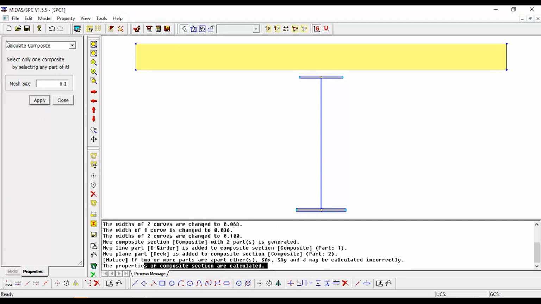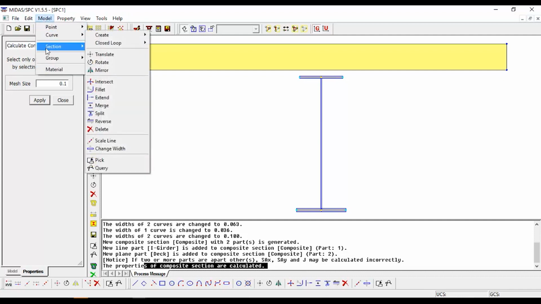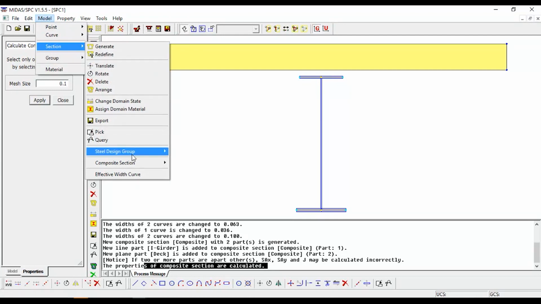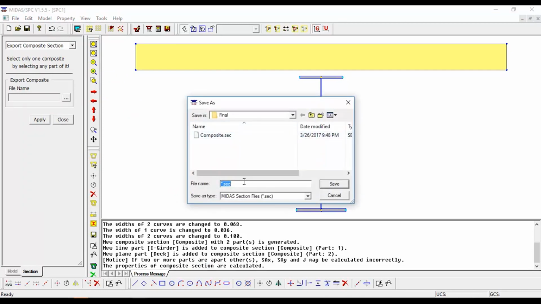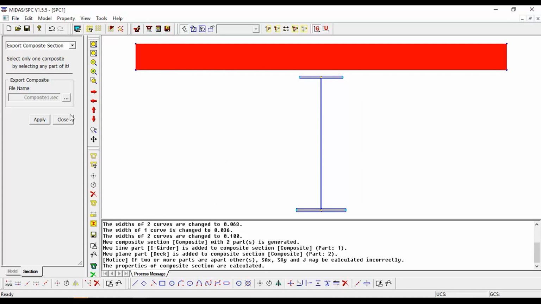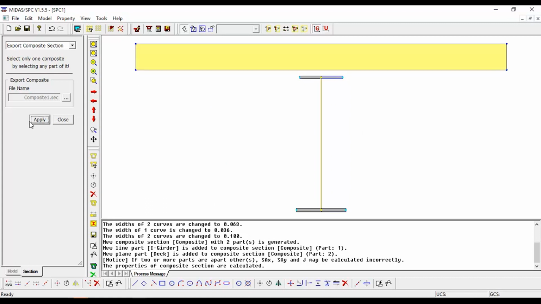Finally, we're going to export it into MIDAS Civil. In order to do that, we go to model section, composite section, and then we hit export. We're going to use the composite. Let's say composite 1. We click on the section or part of it, we hit apply, and then the section has been exported. Then we go back into MIDAS Civil,